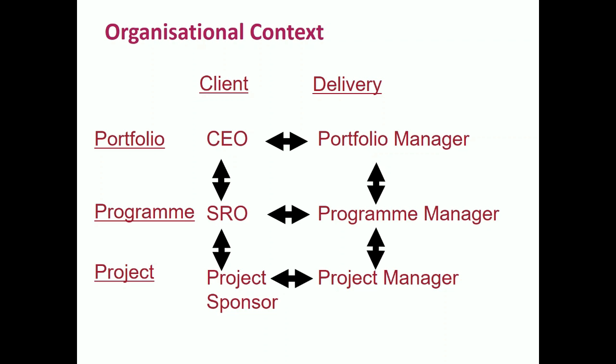You will find many people wanting to debate who the client side of the portfolio is. If the portfolio is the totality of your business of change, then my argument would be surely the CEO is accountable for the totality of the business of change, and he therefore should be the client lead on the portfolio. The important point I wish to make on this slide is the direction of the black arrows, because they are the things that indicate where the relationship lies. If you find diagonal arrows going on, so the SRO driving the project manager and telling him what to do, that is where your problems start to come.